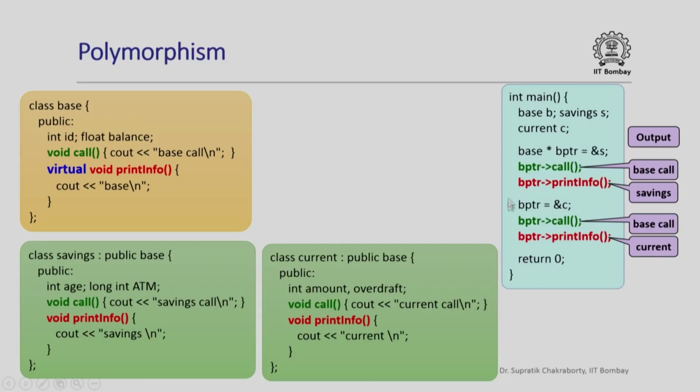So, you see the different things that you can do when you declare a particular method as not virtual and when you declare another method as virtual. Everything which is not declared as virtual will be executed as defined in the base class, because I am using a pointer to the base object here, but everything which is declared as virtual, at runtime it will be determined what it is really pointing to, and the definition of print info from that class is going to be picked up.